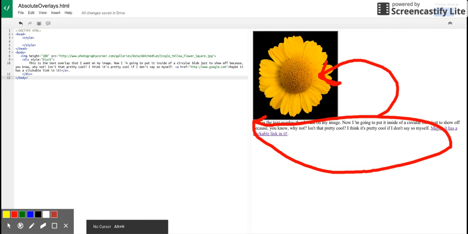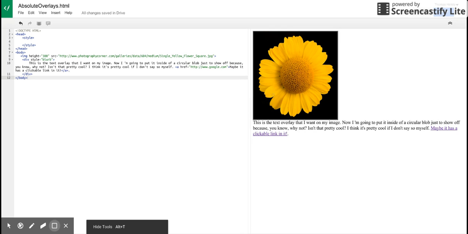And the idea is that every time you hold a mouse over that image, I want the text to sort of show up where the flower is magically, so to speak. All right, so